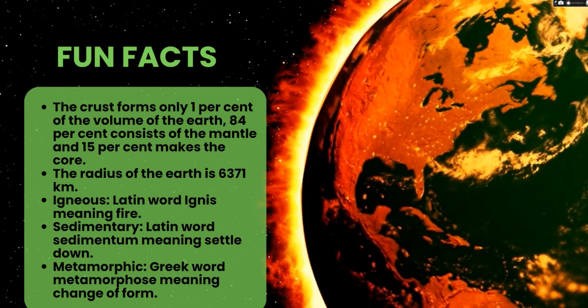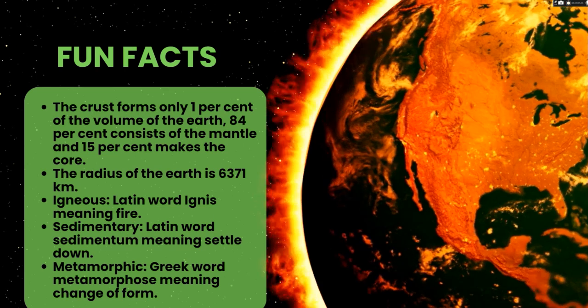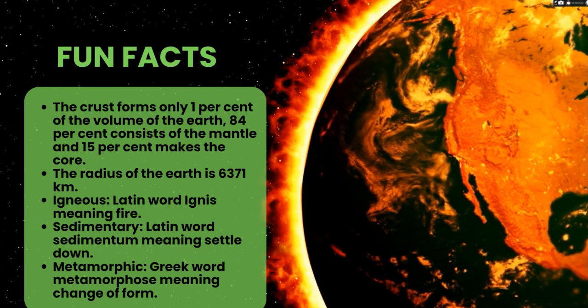Sedimentary rocks: sediment means settle down. Sedimentum means settle down. Metamorphic comes from the Greek word metamorphosis,